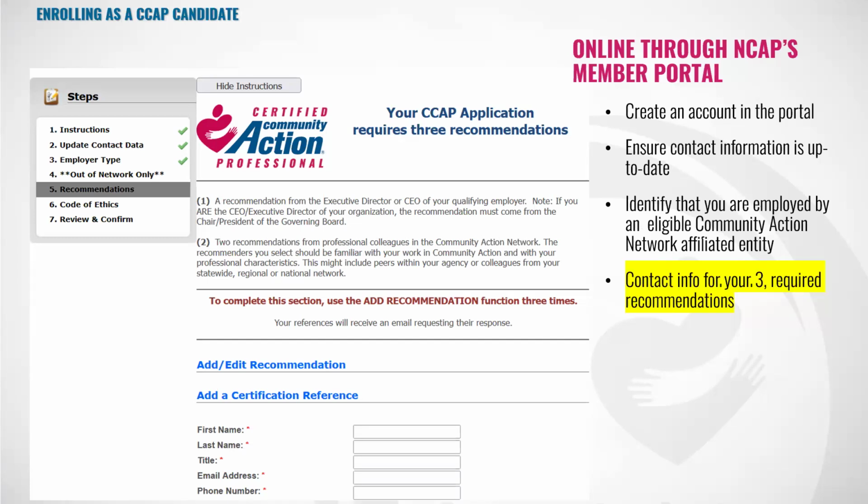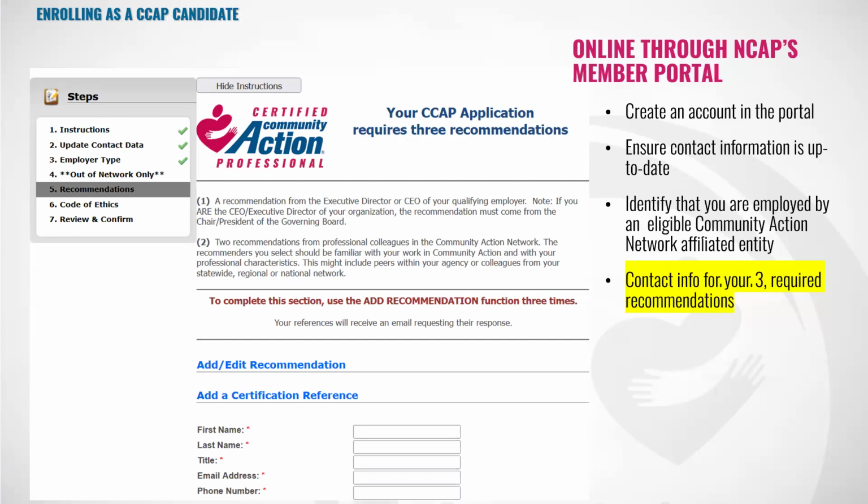Okay. All of that is important. Of particular importance is that email address and the title. Title's important because we need to know which one is your CEO or your board chair, that one absolutely required specific reference. Email is important because what happens next when you enter this into the system and you press move to the next recommendation, as soon as that gets entered, the system grabs it and says, all right, Amy has put down George as her reference.